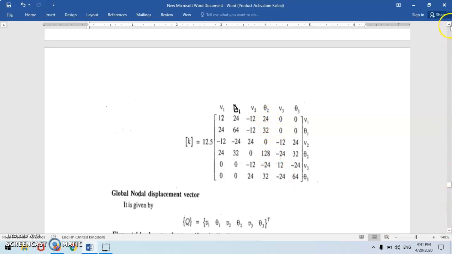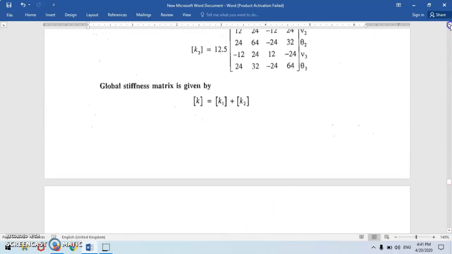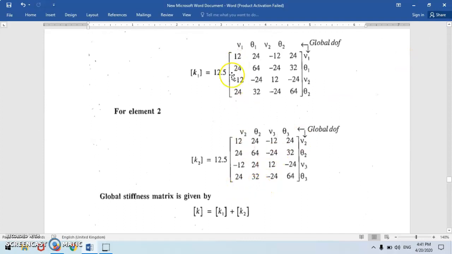So this matrix whatever is there, this has to be added to the second matrix. You can see the values here itself. Here is V1 theta 1 V2 theta 2. I will write this complete matrix as it is. Clear? After that what I'll do is I need to club this matrix with this. So how to club? You can see here there is a V2 cross V2, means this value is nothing but V2 cross V2, row into column. Similarly here also there is V2, here also there is V2. So V2 cross V2 is this value, so V2 cross V2 is there here also. So these two has to be clubbed here, means added.